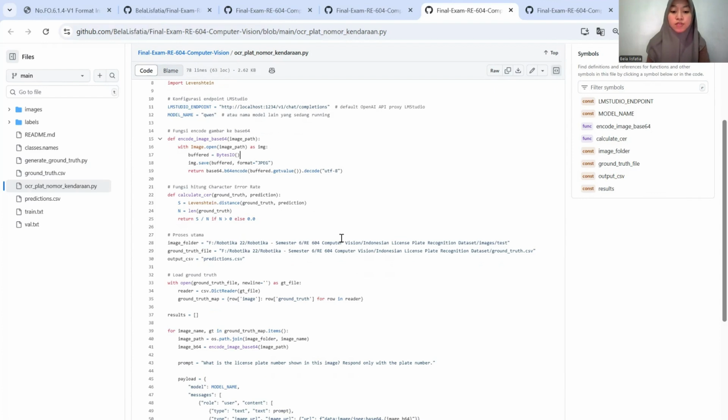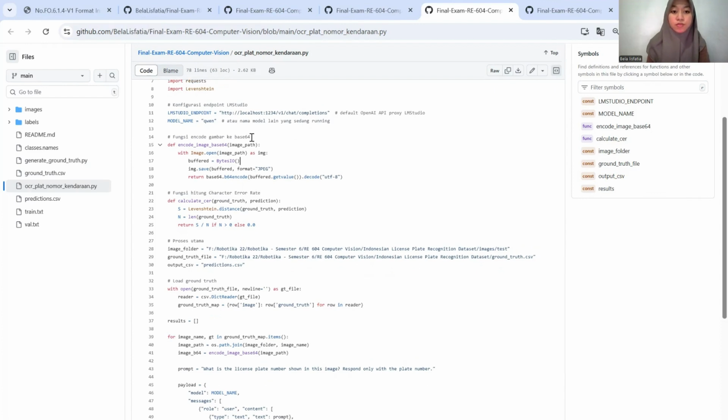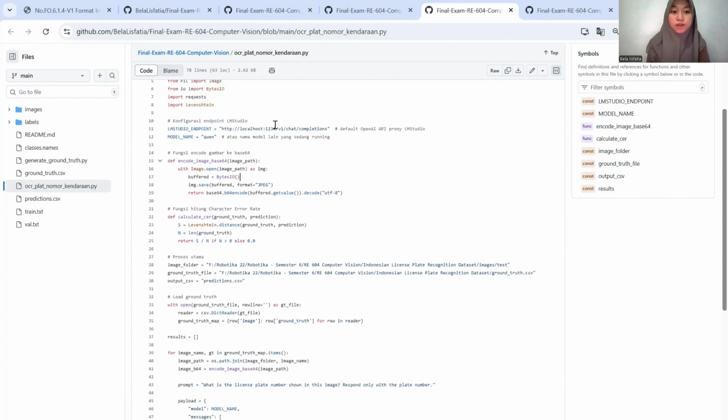LM Studio is a desktop application for developing and experimenting with LLMs locally on your computer. The Python program is integrated with LM Studio: a Python script sends a request to LM Studio using this server.